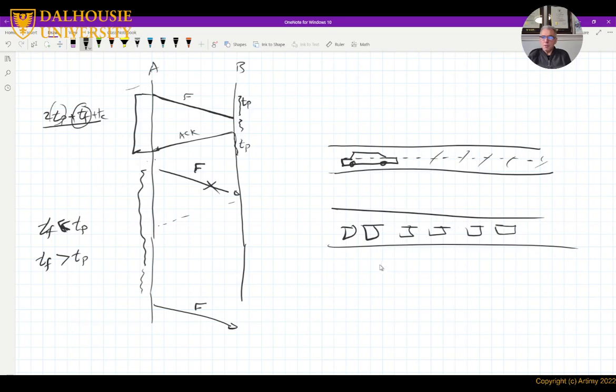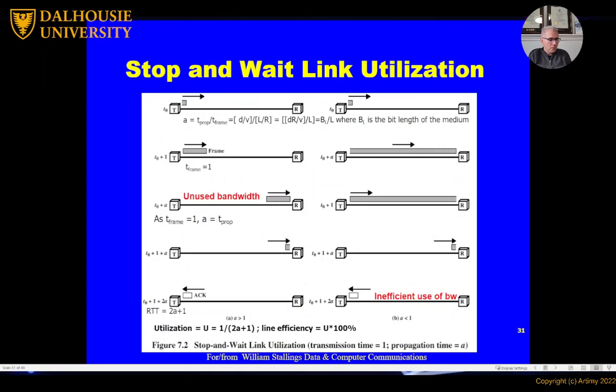This is similar to having a train instead of a car going between one city and another. The train could be very long and it occupies the whole road in one shot, right? So we will see later how to do utilization calculations here. But the idea is the left side of this diagram shows how the frame goes from one side